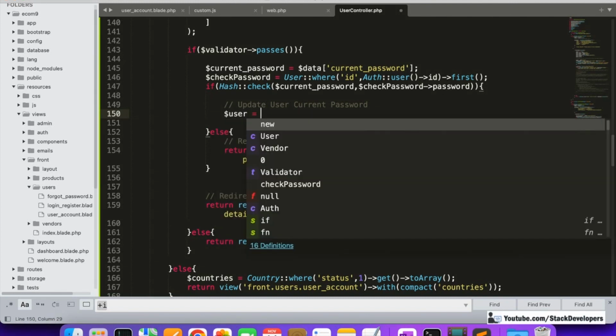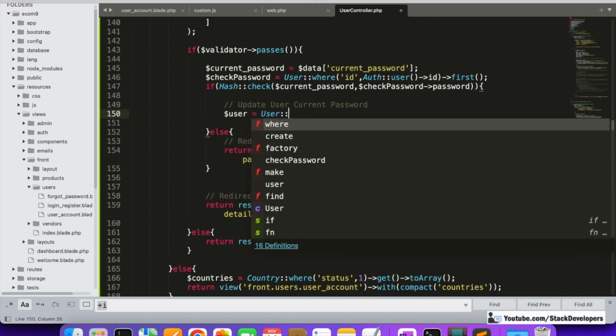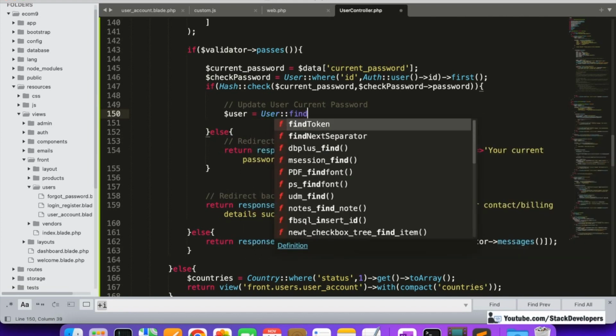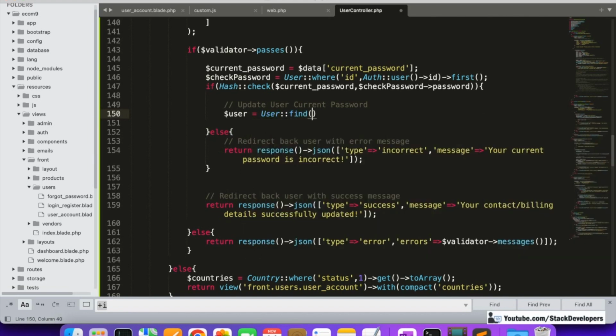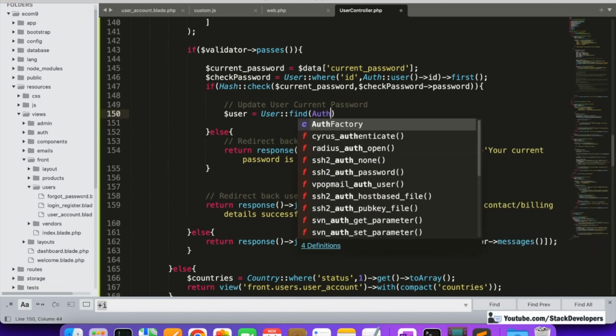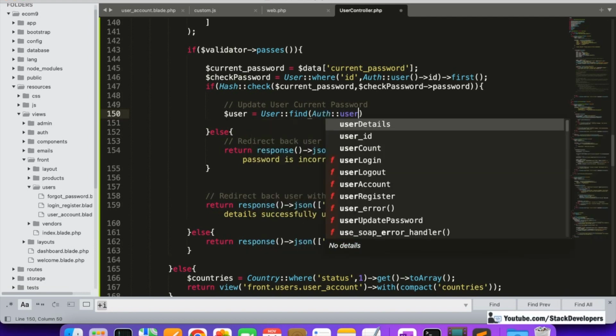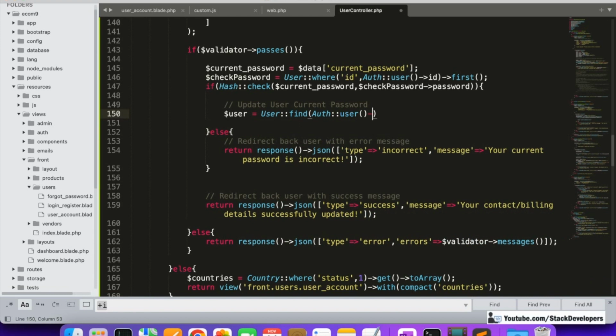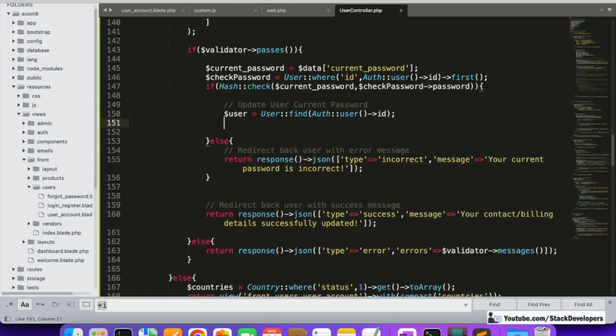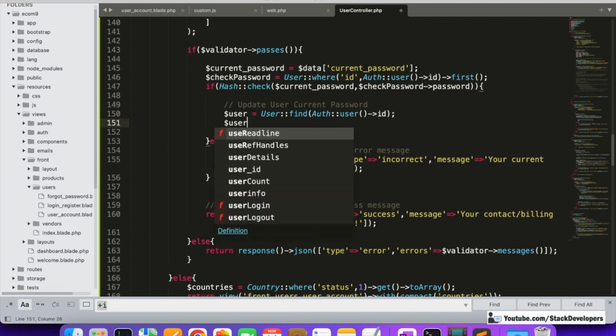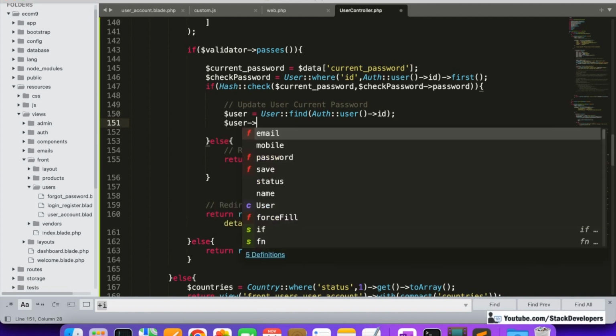Dollar user equal to user model. We need to first fetch the details. Okay, auth user. So this is the id. With find we can simply get it where we are required to update. So we are able to fetch the details of the user, so we can update now